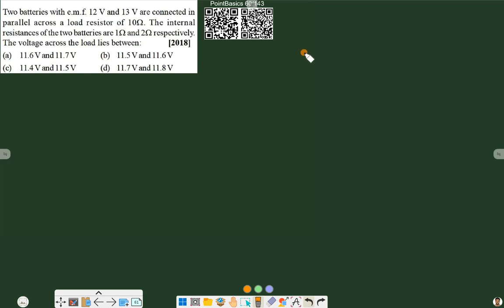With internal resistances. So suppose this is our first battery with internal resistance of 1 ohm, and we can draw internal resistance anywhere in the front of the battery or in the backward. Normally it is drawn in the backward side, but you are free to choose any of the side, with 12 volt potential. And we have another battery of 13 volt